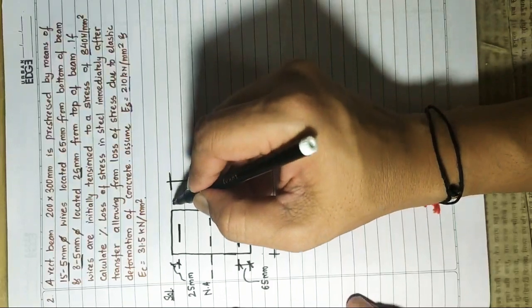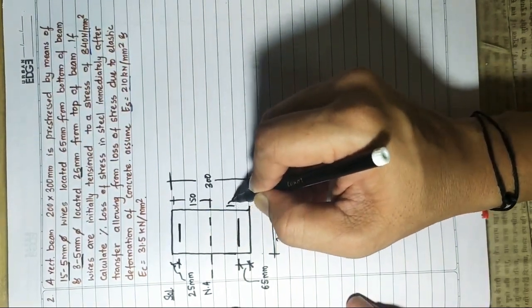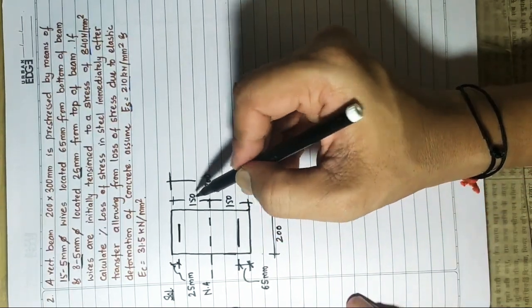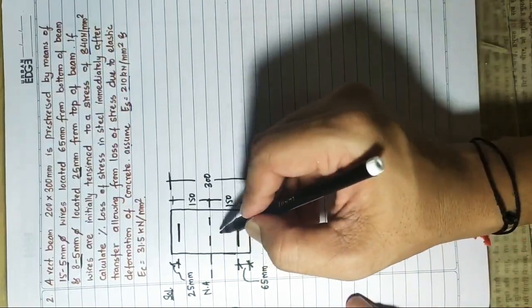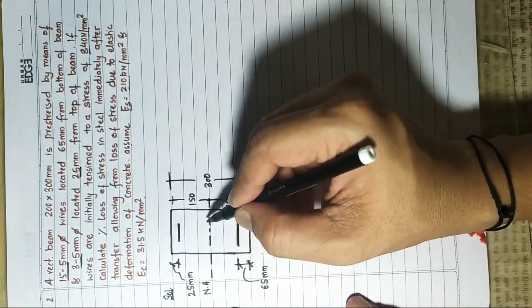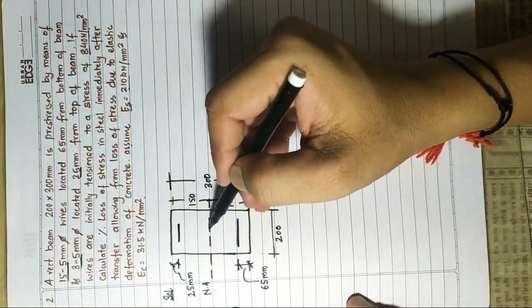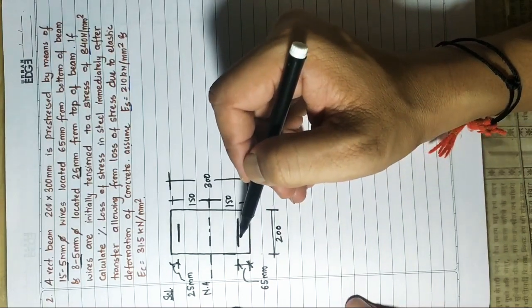Now we know that this particular total distance is 150 mm. This particular distance is 150 mm. So in this 150 mm, now we have to find out what is the particular distance of the neutral axis from the cables. So this distance 1 we will get, this distance we are able to find out.